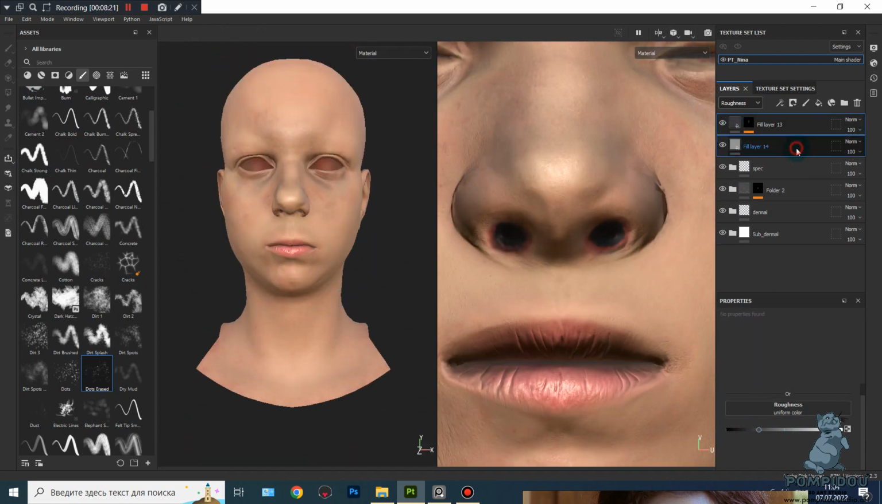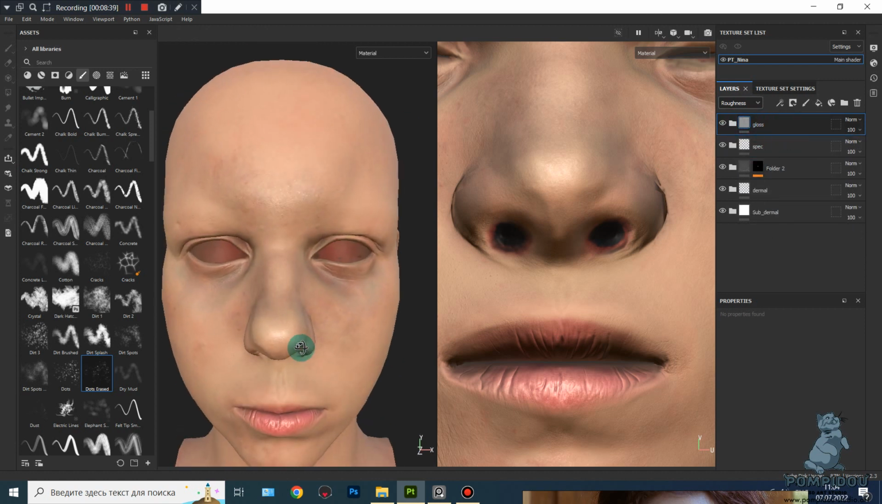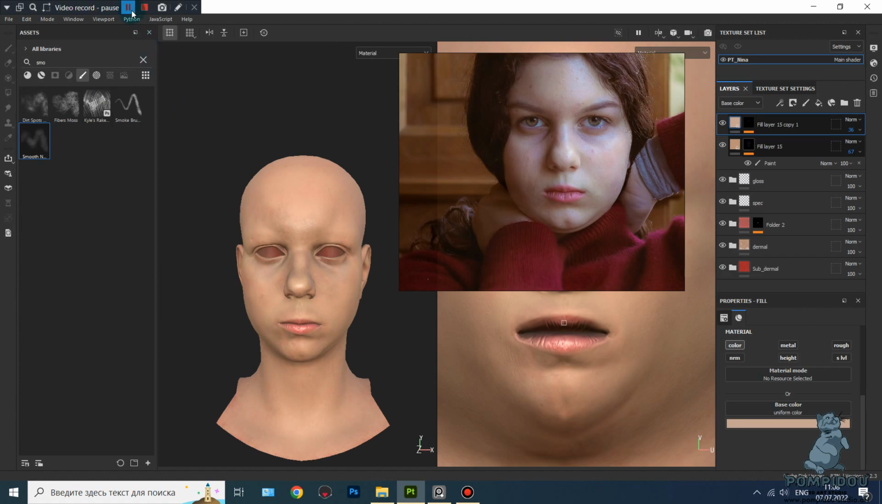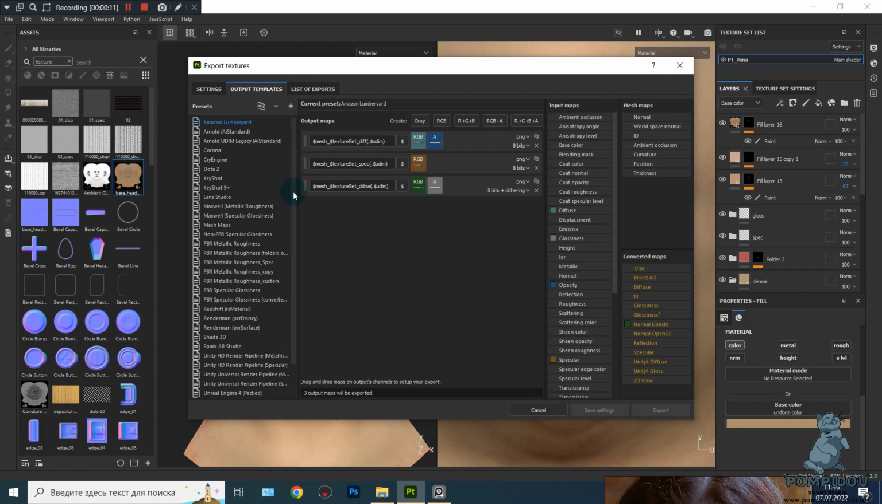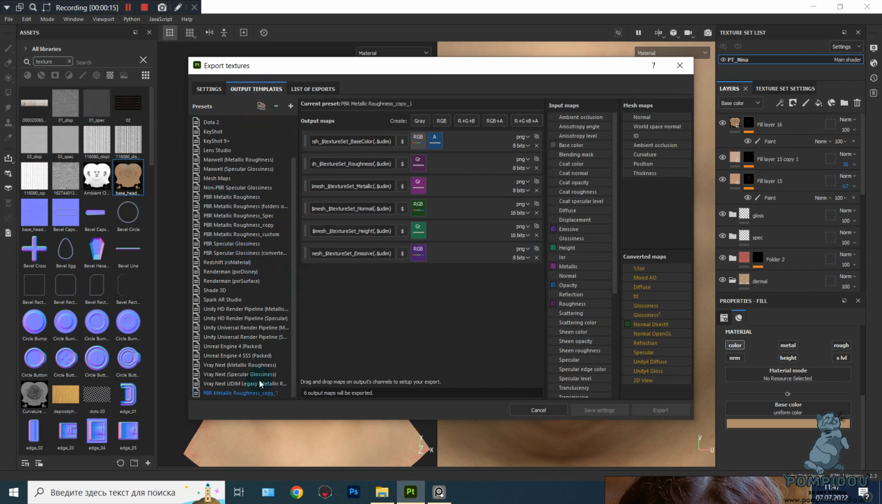Okay, so for most cases that's it. Now I will worry about exporting all this beautiful stuff out. I'll go to Export Textures, select PBR Metallic Roughness preset, make a copy of it,